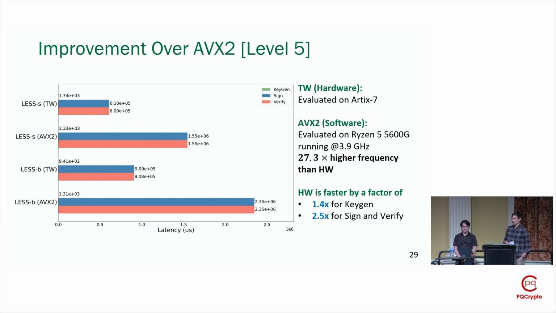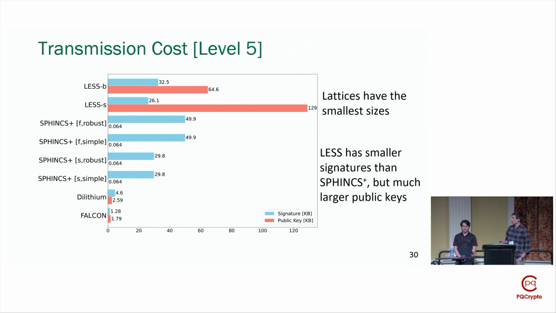So there's an order of magnitude difference, a factor of 27, between the clock frequencies, but even with that difference in frequencies, we're still able to improve key generation by a factor of 1.4 and signing by a factor of 2.5. Then before touching on the comparison with the other hardware implementations for SPHINCS+, Falcon, and Dilithium, just as a bit of context,